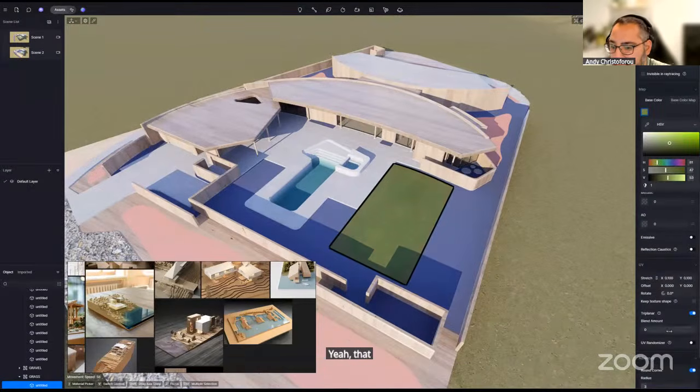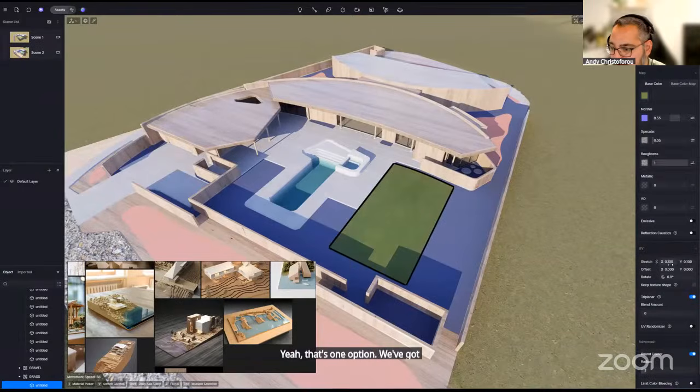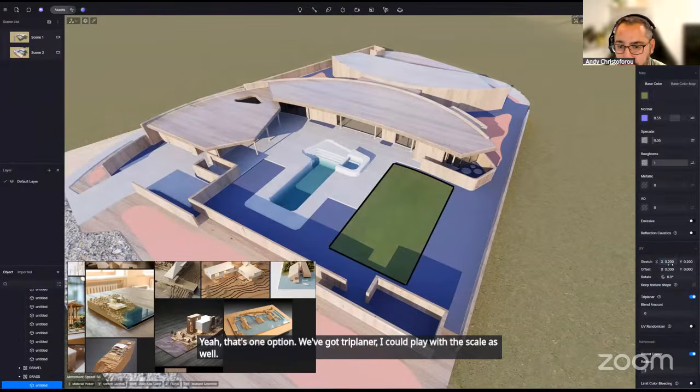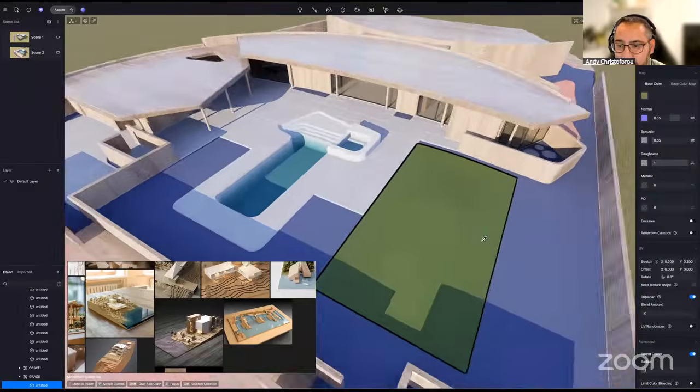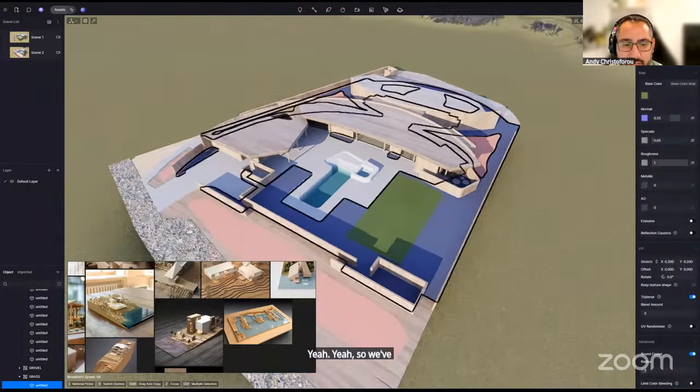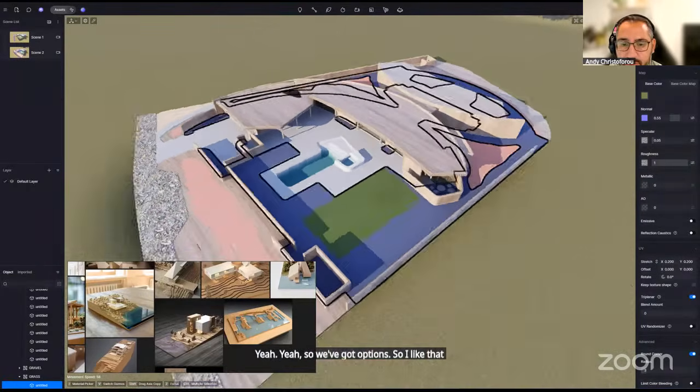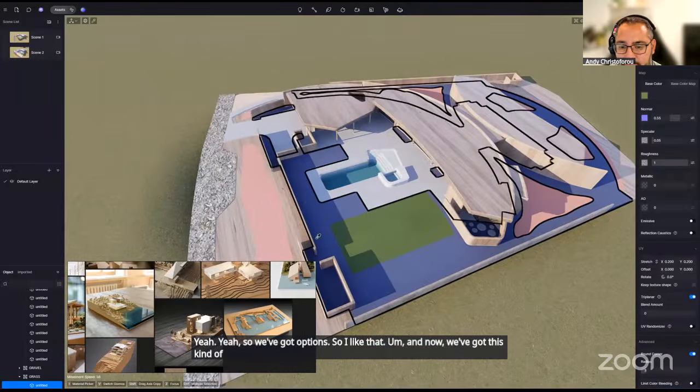Yeah, that's one option. We've got triplanar. I could play with the scale as well. Yeah, so we've got options. So I like that. And now we've got this kind of area, which is like a